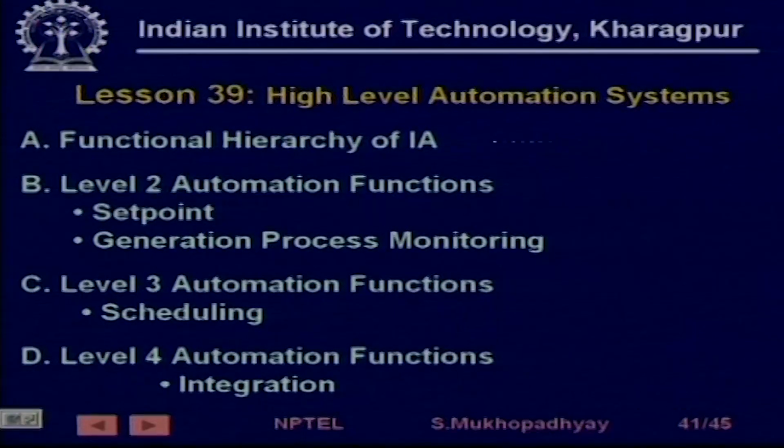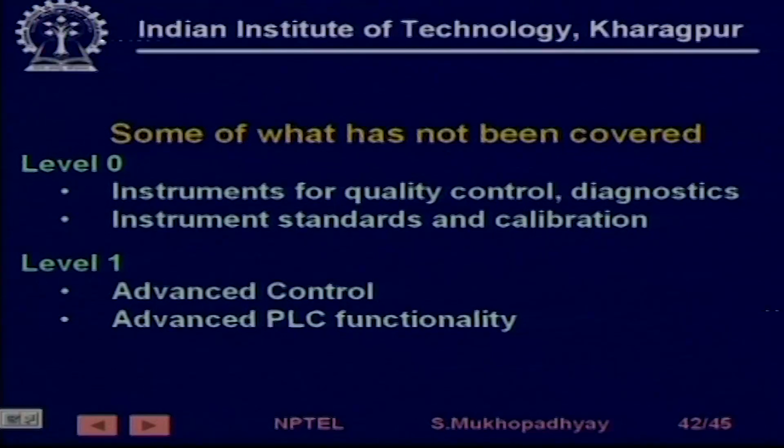So, that brings us to the end of this lesson. Having discussed what has been covered, we should also take a look at what has not been covered. At least we should be aware of some of the things that we have not covered, which were also relevant. For example, we have mainly concentrated on level 0 and 1, so level 2 and 3 have not been covered in great detail. But even in level 0 and 1, there are certain parts which could have been covered, but could not be. You always have to leave out certain things.